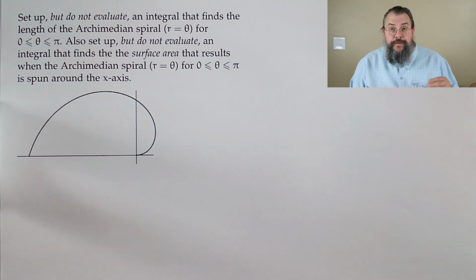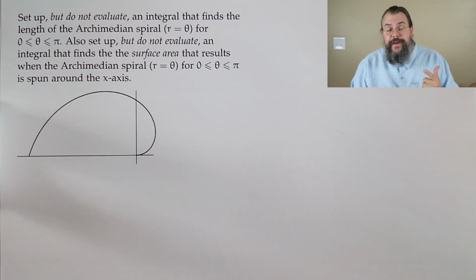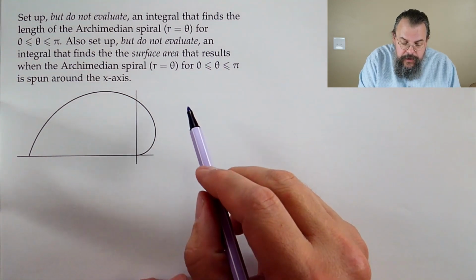Also set up, but do not evaluate, an integral that finds the surface area that results when the Archimedean spiral is spun around the x-axis. So there's two things, one about length and one about surface area. Well, the length is pretty straightforward. So what do we do? Well, length,